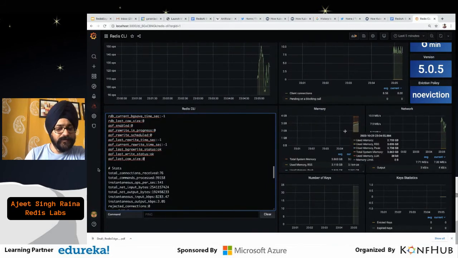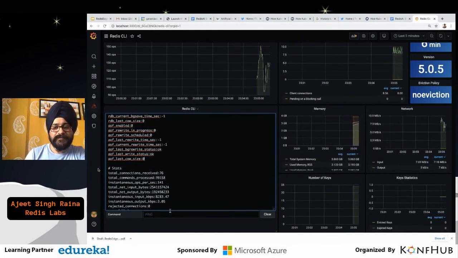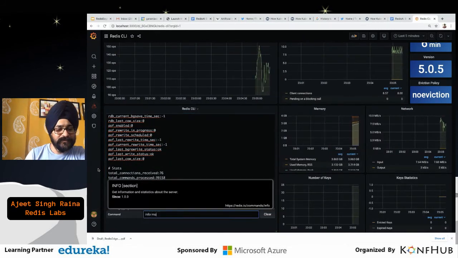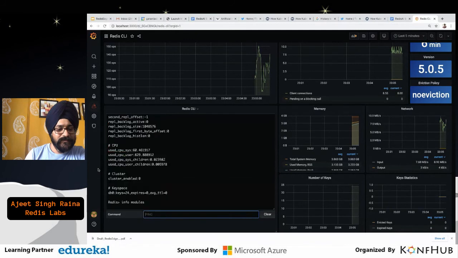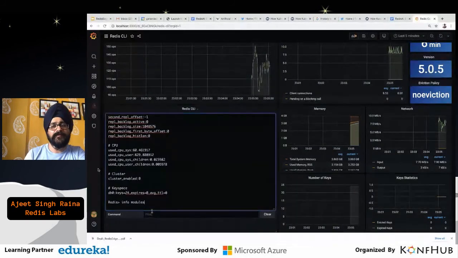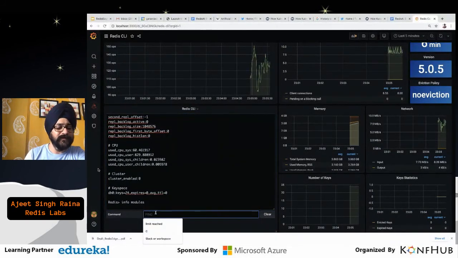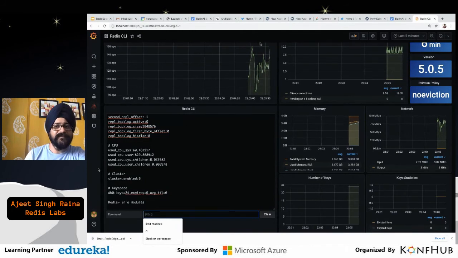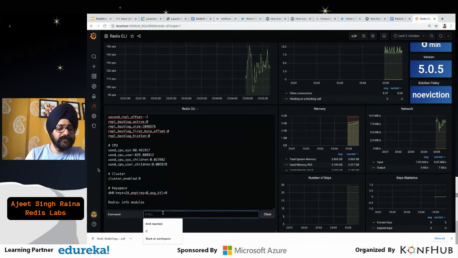So let me go back and try to fetch time series data, right? Okay, let us see if it fetches the info of the module. So info modules will help you understand which modules have been compiled here. Since it is a containerized solution, I really need to verify why it is not displaying.